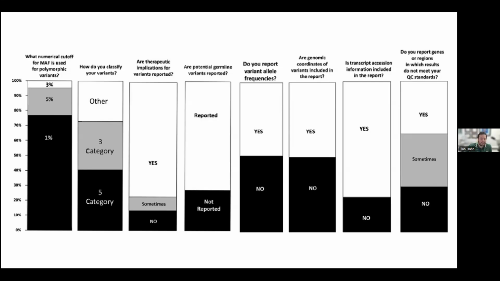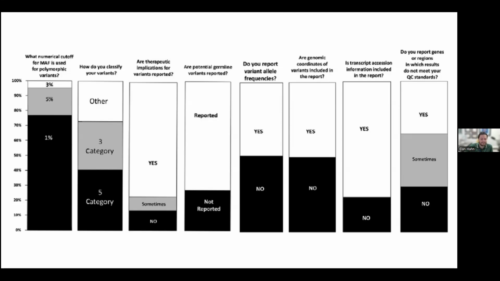Some people reported therapies that were approved by the FDA and used in professional guidelines, and some did not. Some included the recommendation for genetic testing, and some did not. About 50% of respondents reported allele frequencies, while the rest didn't. Similar findings for genomic coordinates. Transcript ID was a little more reported, but still not always. And QC measures were sometimes included only if quality control fails were present in actionable areas